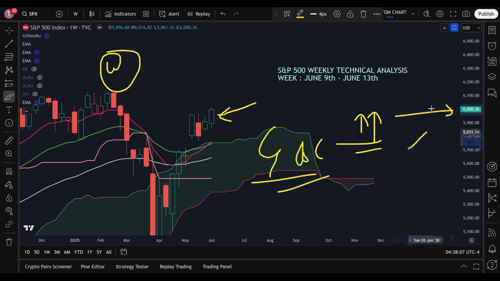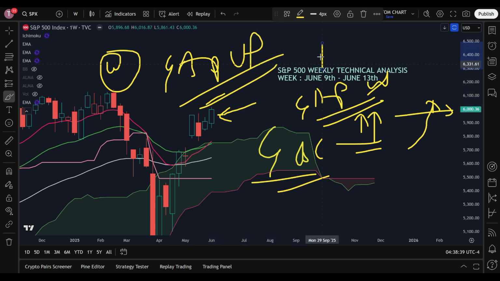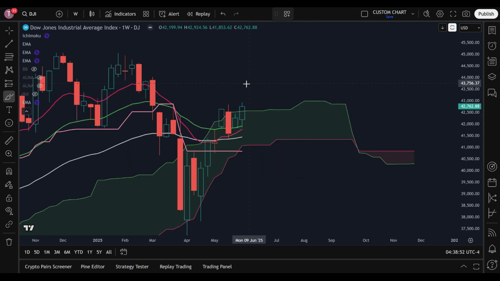Okay, because of this special closing above the 6,000 psychological mark, this is the barrier. Okay, we can also anticipate a gap up open. So this means that now on Monday we are anticipating a gap up open, or irrespective of any open, there will be an initial or intraday bullish movement on Monday. Now comes the Dow Jones. So Dow Jones will give us more clarity.